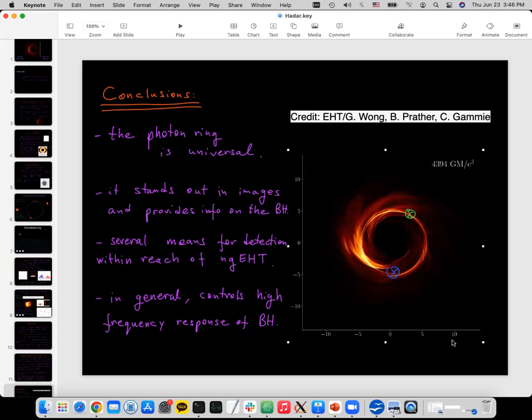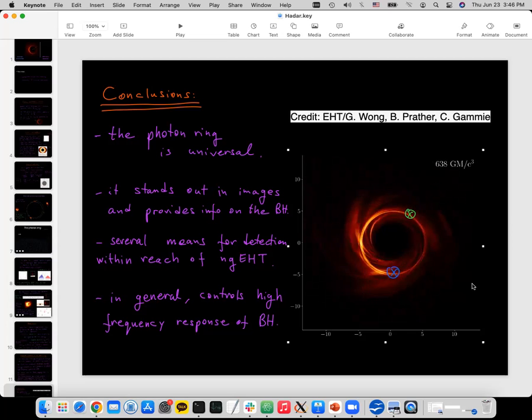Yeah, exactly. Well, actually, this is a good slide for it. I don't know if you can see it, but here you can see things orbiting even inside the shadow. There's no contradiction, because there definitely can be light that appears there. It's not things coming from inside the horizon or anything. There can be things orbiting the black hole and still appearing to us as if they appear inside the critical curve.